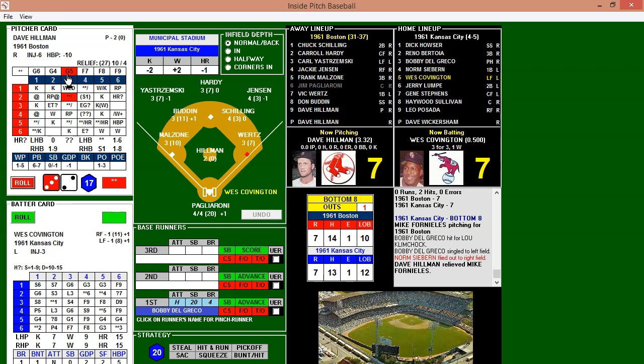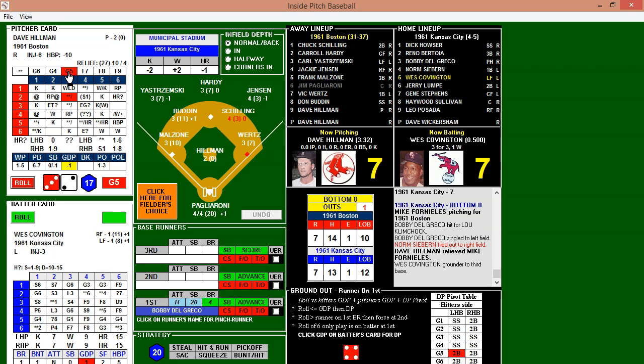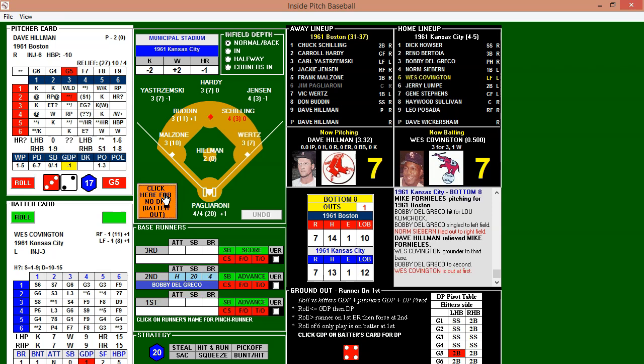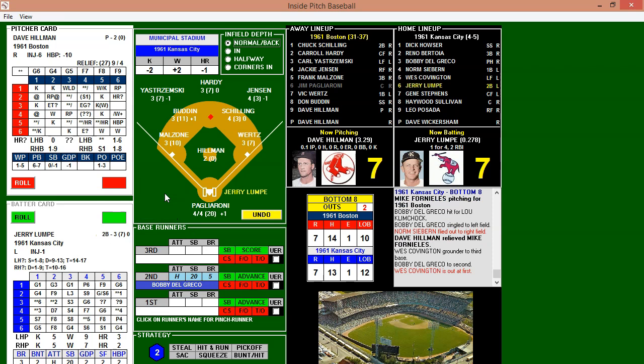Del Greco gets his lead off first with 1 down. It's going to be a ground ball to third. Can they turn 2? No, only play is to first for the out. As Del Greco moves into scoring position now, so the go-ahead run in scoring position. So it's up to Jerry Lumpy. He's 1 for 4. He has 2 RBIs already today. Hillman looks in for the sign, kicks and delivers, and takes a strike. So 3-2 to count now.